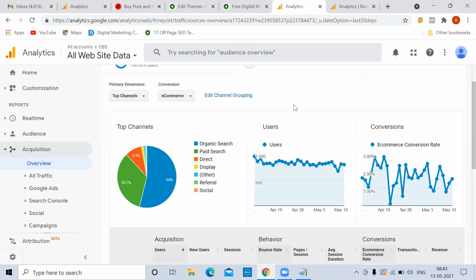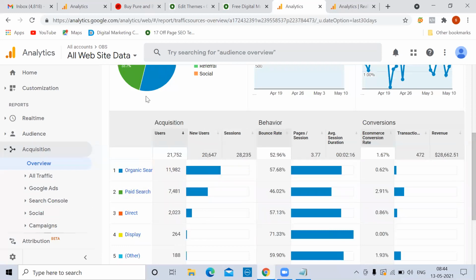8 months back, Google Ads was dominating the traffic. Now our SEO is working, meaning our SEO campaigns are working properly. Traffic is increasing: 54% from SEO, 33% from Google Ads, 9% direct, and the remainder from other sources. We're not much on social media, so I haven't created any campaigns there. In the future, I want to go for social media also, so that overall traffic will increase. Because this is newly started, that's why I haven't been into social media, but I'll go to social media also.